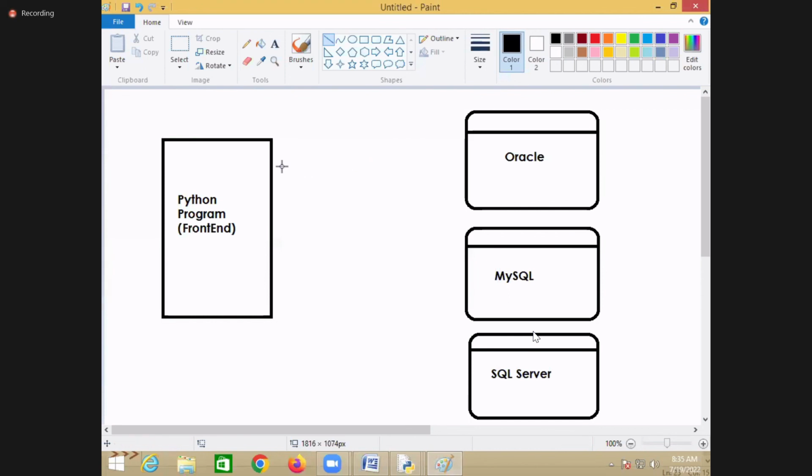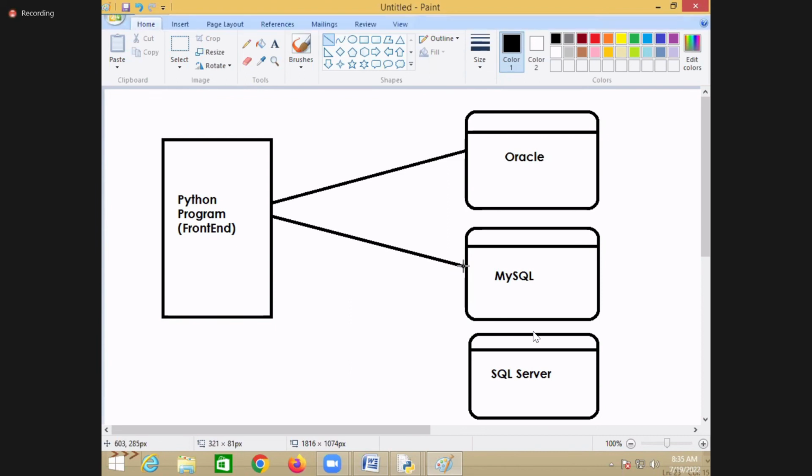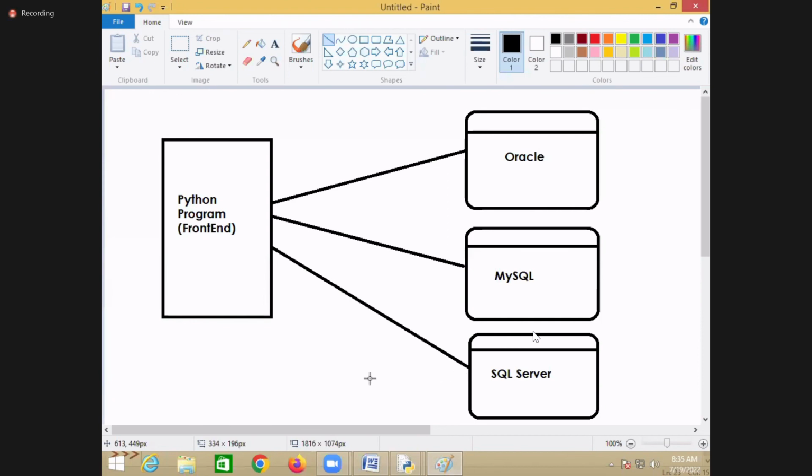Then using Python, you can communicate with various databases, right? I can use Python to write into Oracle. Using Python, I can communicate with MySQL, or using Python, I can communicate with SQL Server.